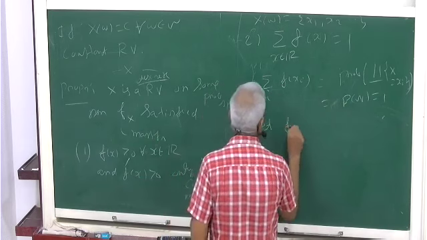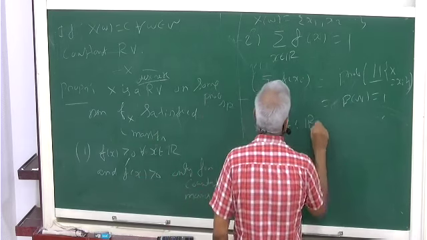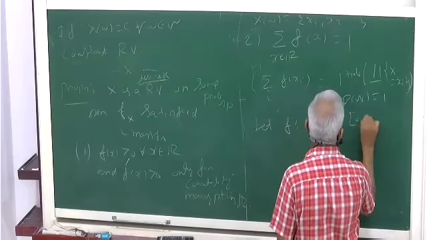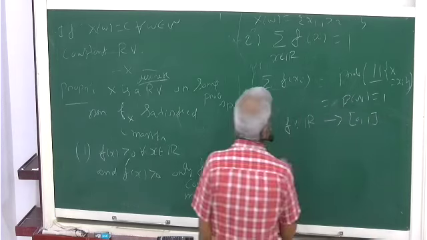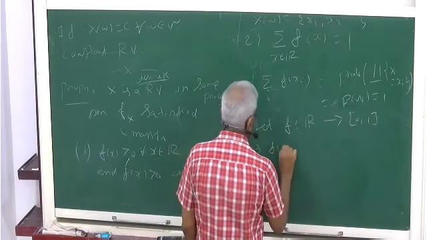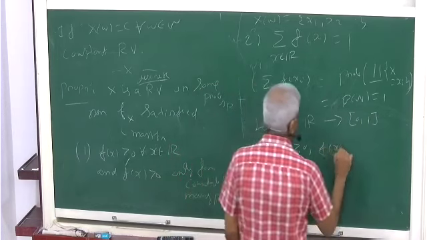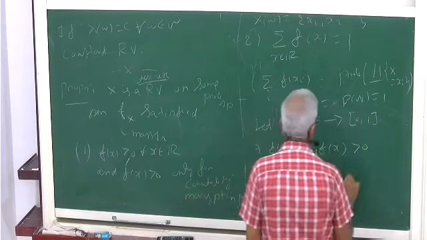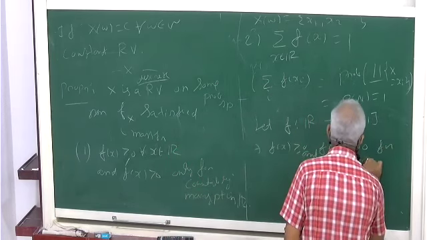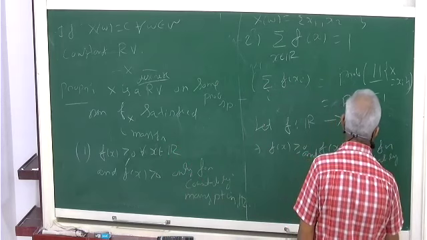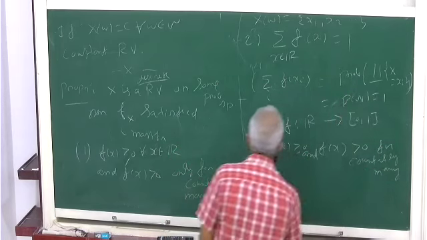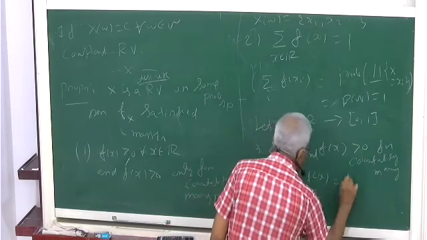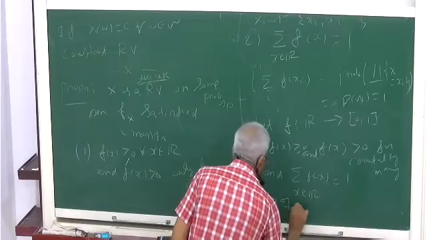Let f be any function from R to [0, 1] such that f of x is greater than or equal to 0, and f of x is strictly greater than 0 for only countably many x, and the summation of f of x over R equals 1. Then there exists a probability space